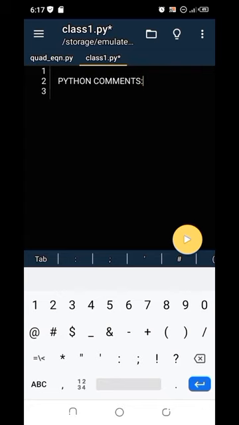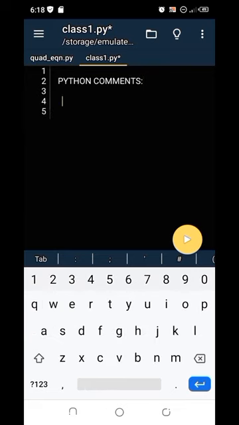Python is a vast programming language and is an object-oriented programming language. Everything in Python is referred to as objects. Python sees everything as an object. Python uses the hash symbol for comments. So when the compiler sees any line of code with the hash symbol, it will ignore that line of code. Let's say we print,